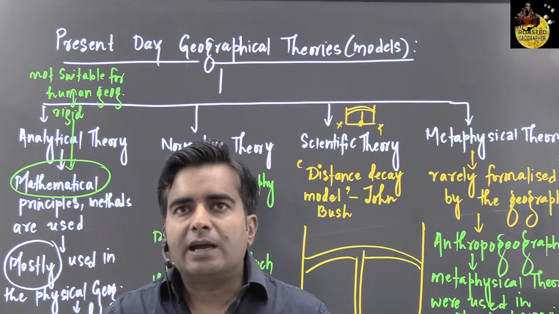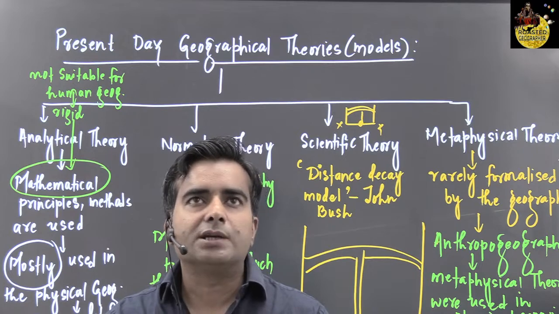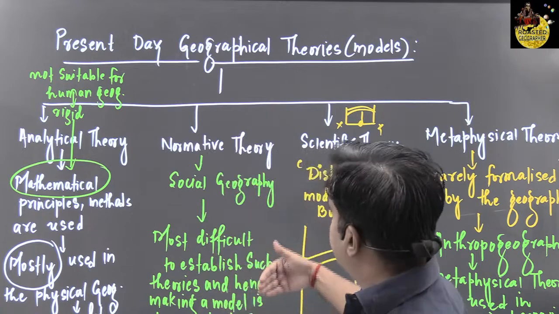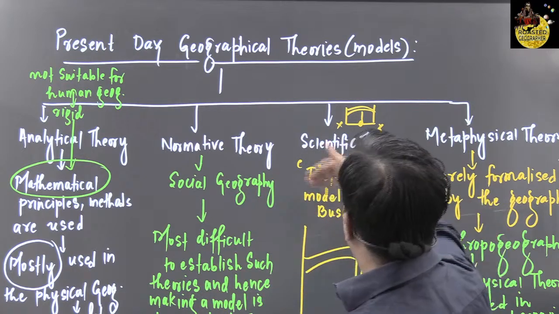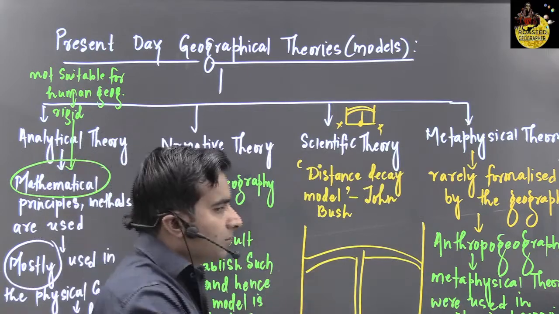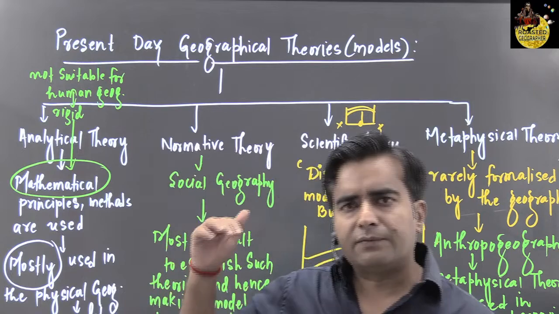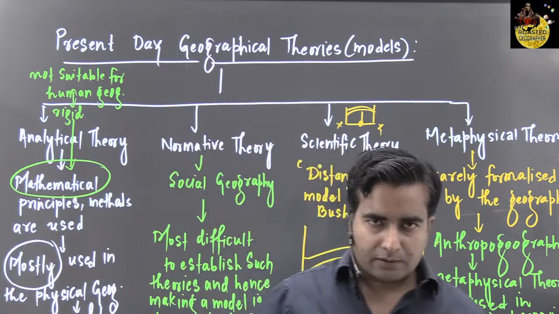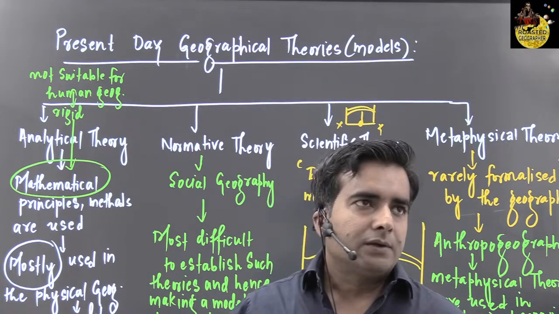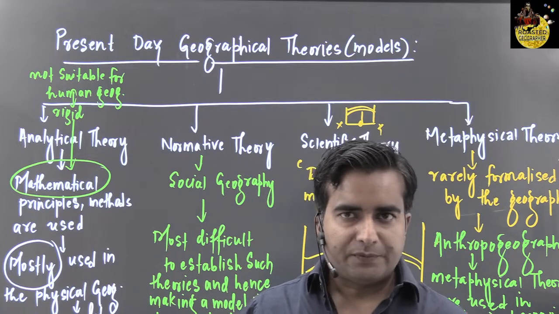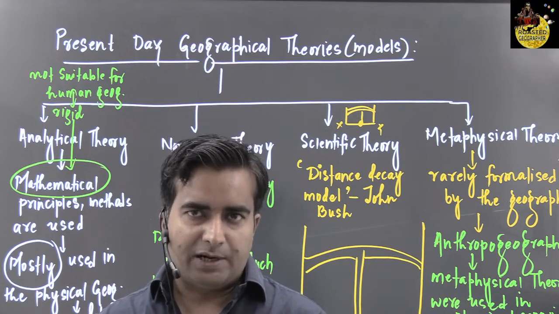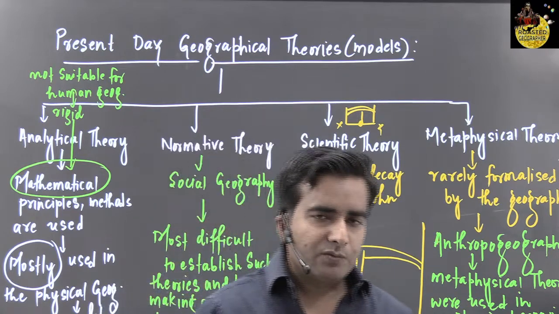there are 5 types of models which are used in human geography. If we look at human geography, this is the theoretical stage. These types of theories lead to models. Usually in physical geography, very different kinds of models do exist. But if we talk about model formation in human geography, basically there are 5 types of models which have seen more acceptability in geography. So we'll talk about